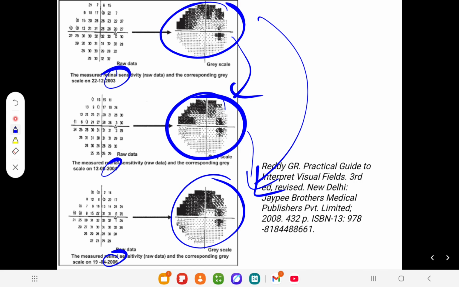But rather than that, grayscale is not at all useful, and don't ever think about doing diagnosis or any interpretation with the grayscale. It's totally bad. But you can comprehend a little bit with the raw data. Raw data is very useful, but grayscale is not at all reliable for the diagnosis or for doing something with visual field. There is a lot to do with total deviation and pattern deviation. There are a lot of things to do with global indexes, and there are a lot of things that are very important, but grayscale is not one of them. It is very useful for patient explanation,